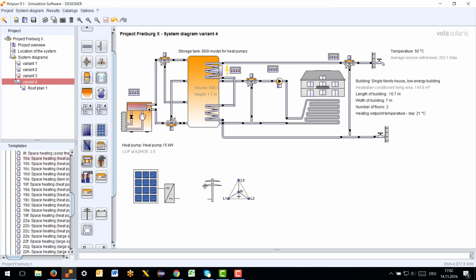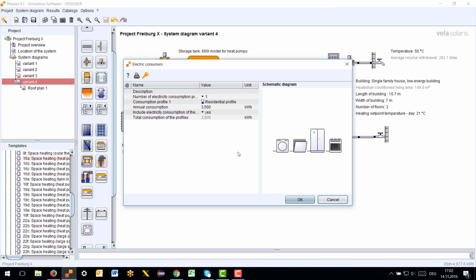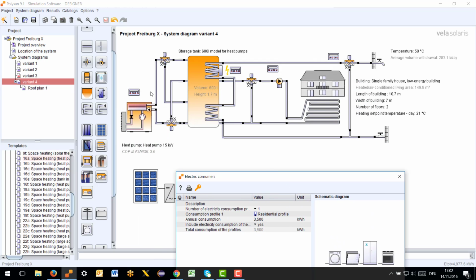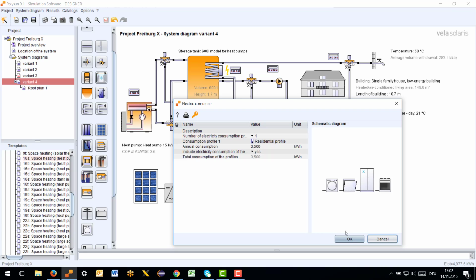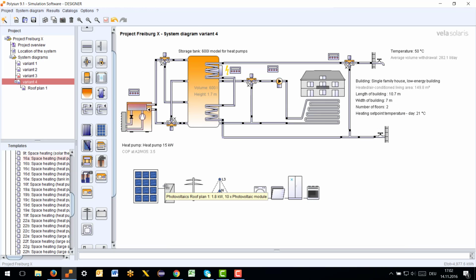We also need to have a grid for overproduction or for energy demand, and we need to have these electrical consumers. When you click in here, I want to start with this, you can define that you have internal consumers, which means you have computers, you have lighting and stuff like this. And if you want, you can include the electrical consumption by the thermal elements, and with that the heat pump is meant. So we leave it as it is,